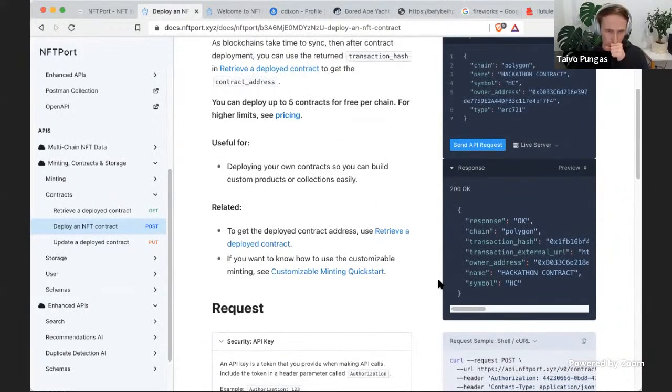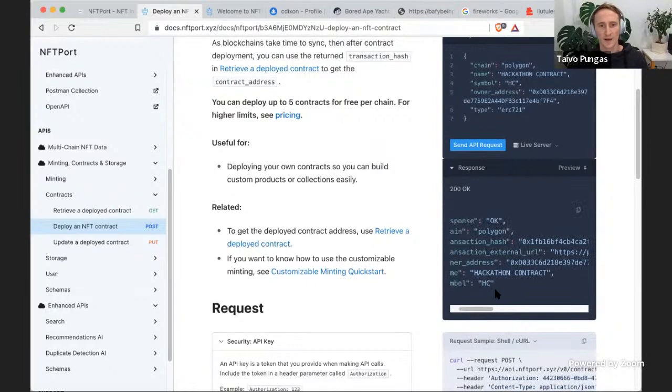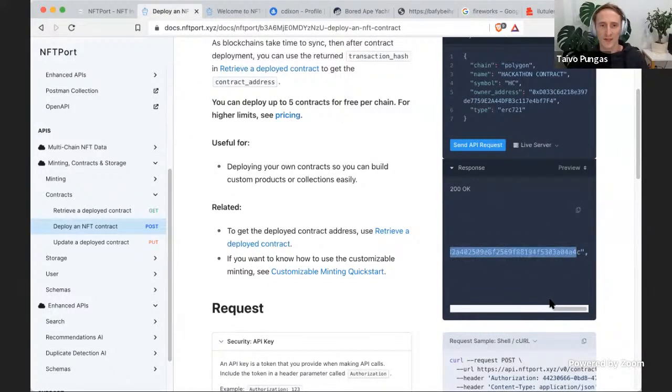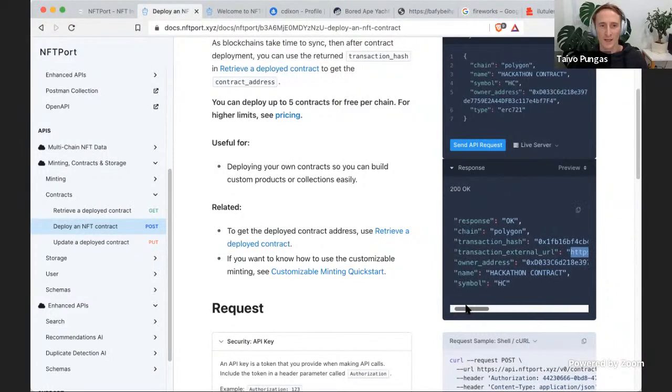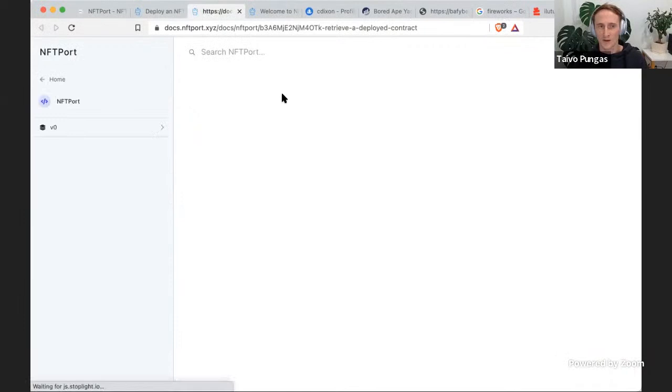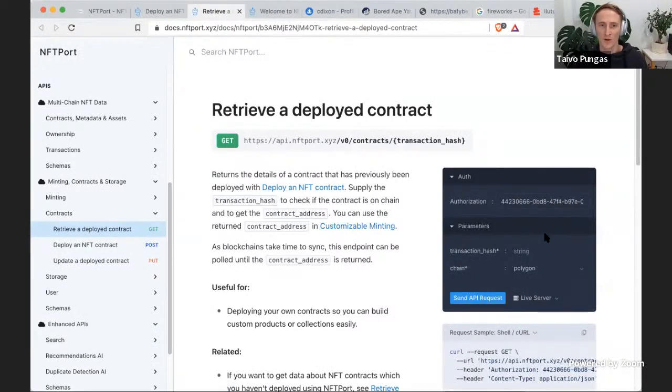Okay. And since it takes a little bit of time to sync, we don't get back the contract address immediately. We get back the transaction hash, and we have to retrieve the contract address with the retrieve a deployed contract endpoint. So when I put it in here,